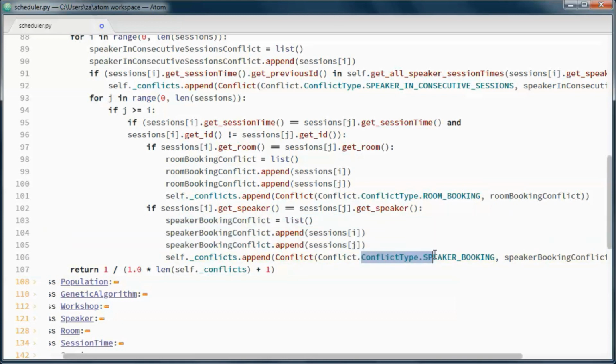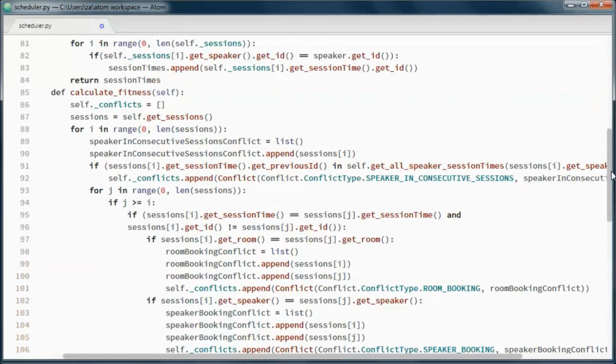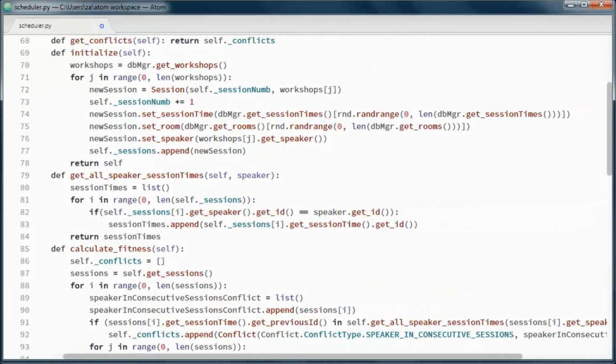If we have that, we append it to the conflicts. And if we have zero conflicts, this will be 0, so we return 1 for fitness.